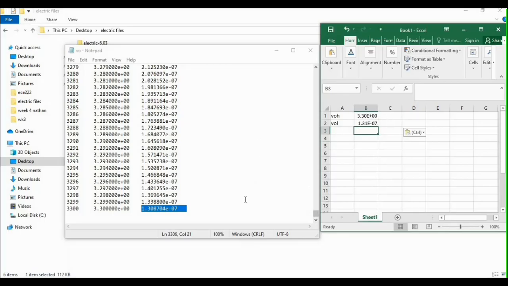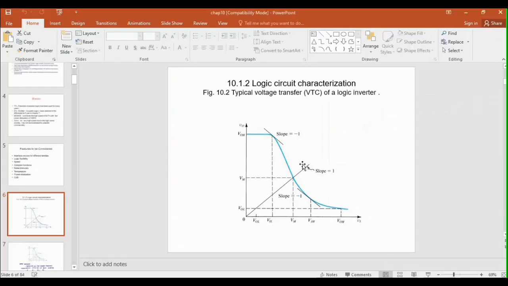Now, the challenge now is how to get the points for VIL and VIH. So getting the value for VOL and VOH is very simple, really straightforward.